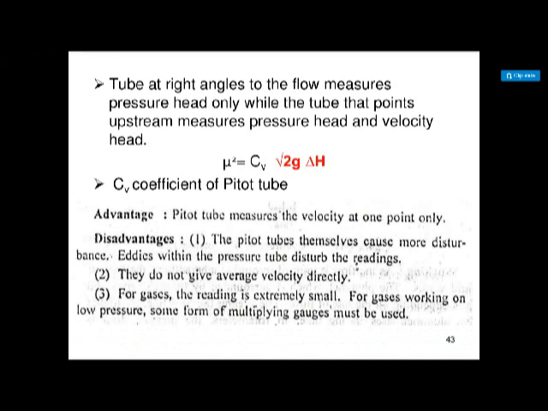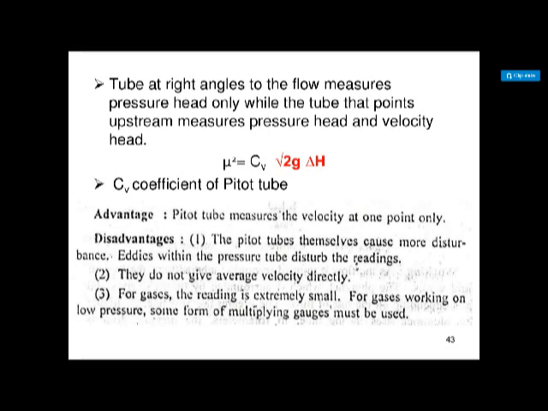They do not give the average velocity directly. Directly average velocity हमको नहीं मिलती. हमें average velocity निकालनी पड़ती है by taking the readings at different points. सेंटर में लो, फिर उसके बाद दूसरी जगह पे लो, फिर तीसरी जगह पे लो, ऐसे अलग अलग points पे, end point पे, starting point पे, सेंटर में, ऐसे अलग अलग पे velocity निकाल के फिर उनका मीन मतलब average निकालो, and then you will get the average velocity. You will not directly get the average velocity.